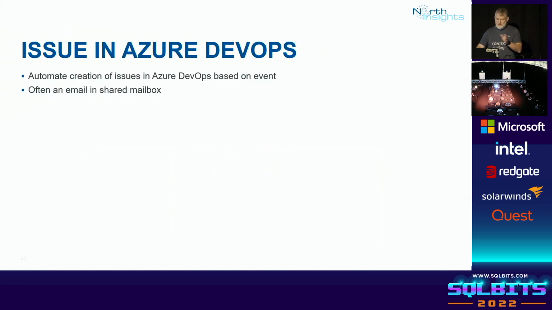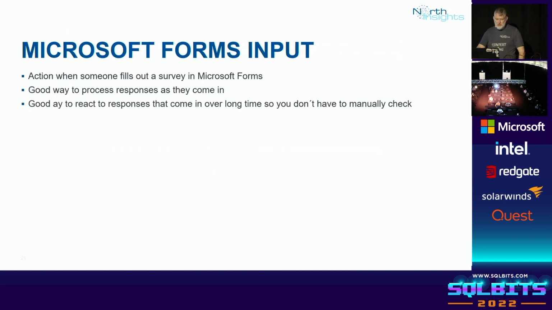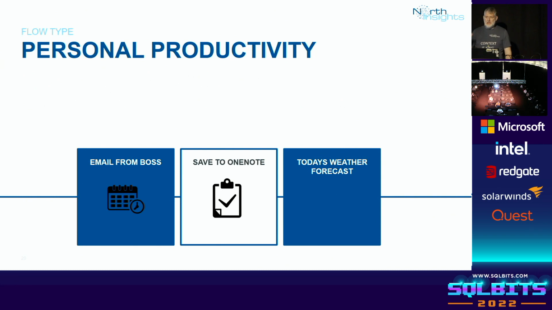I've talked about them, so no need to talk about them again. And the last one is personal productivity. These are things you can do for yourself. Instead of thinking about what your team or your group of people needs, you can also do something